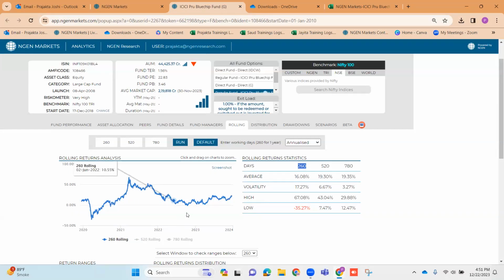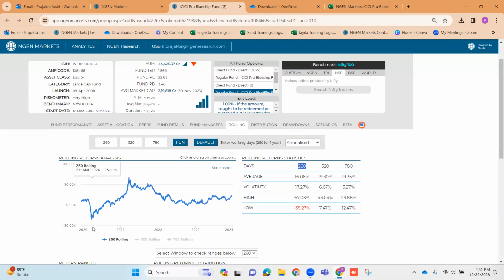पर्पस ये रहा जी कि यहाँ पे आप देखिए, अगर आप हाई मानिए 67 है और लो -35 है, तो अगर मैं सिर्फ यही नंबर बताऊं कि एवरेज 16 है, बेस्ट केस सिनारियो 67 है, वर्स्ट केस सिनारियो -35 है, आपको लगेगा बाप रे बाप, ये तो कुछ भी हो सकता है, ये तो लॉस भी हो सकता है। पर एक्चुअल में आप देखेंगे जो हाई है 67 या लो है -35, ये एक दो स्पेसिफिक सिचुएशंस में ही आया है।